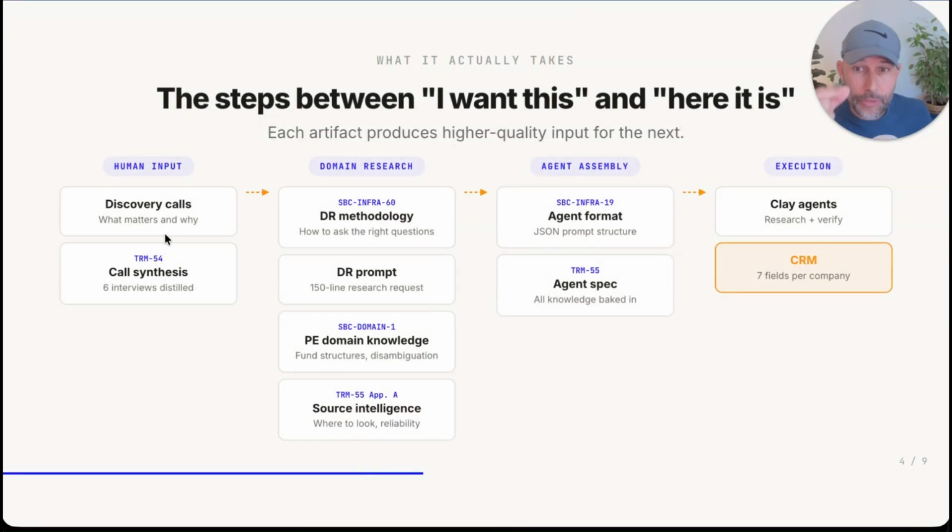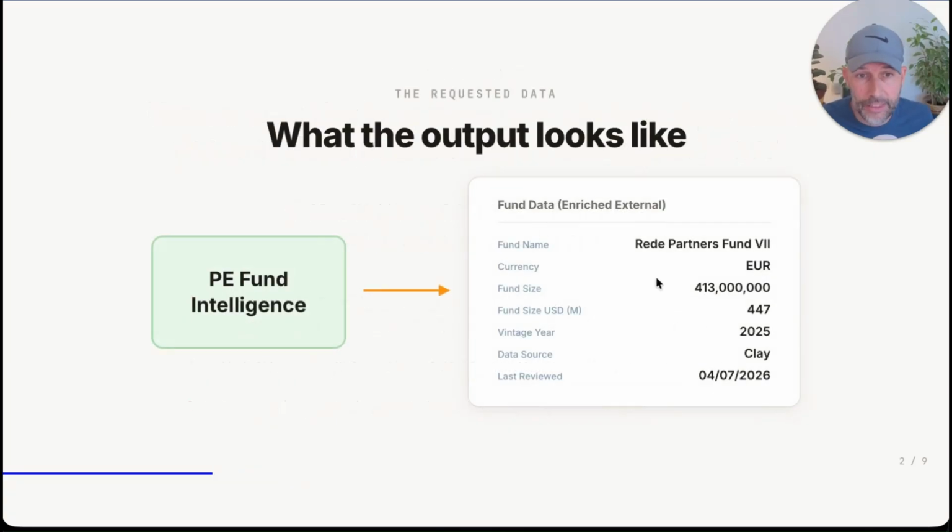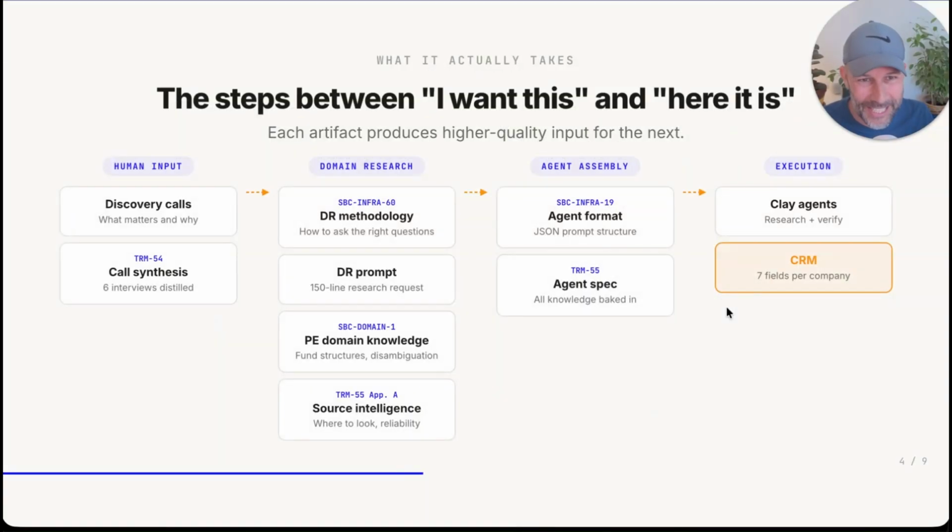I spoke with my client about this is a thing that matters for us. What matters and why? Then the synthesis of okay, these are all the things that I heard, resolve where the team was in disagreement. Where do we have agreement? What is the actual data that we need in the end? This is the part here in the CRM and what you saw basically here. This is really what we want. You need to get really, really clear what you want here for most of these data points.